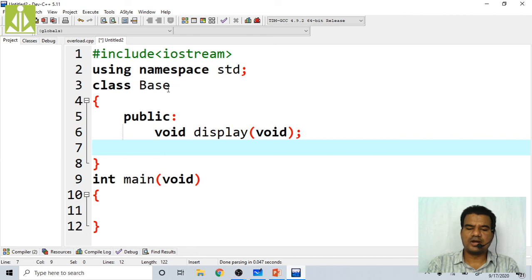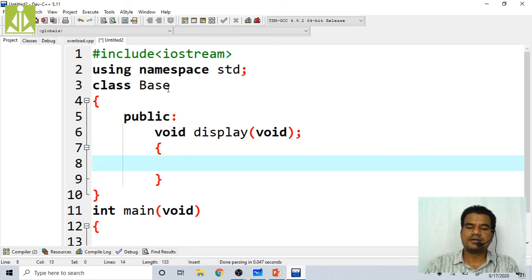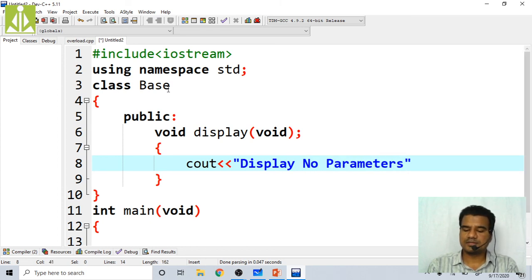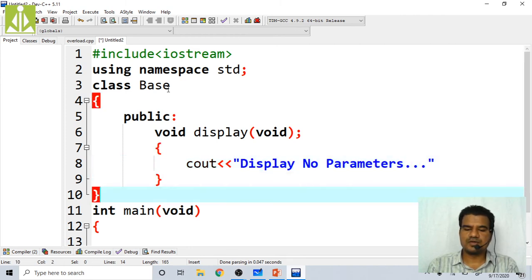With void as the return type, cout display, no parameters, without any parameters. So this message you will get if you call the function without any parameters.